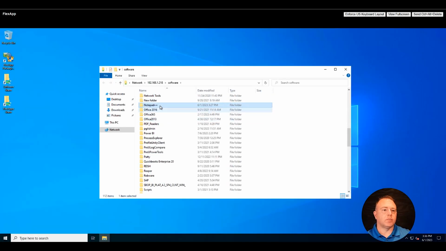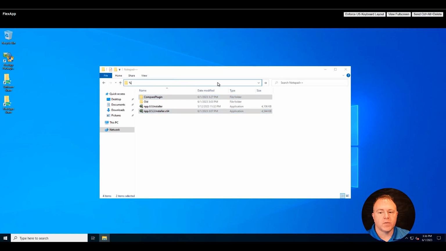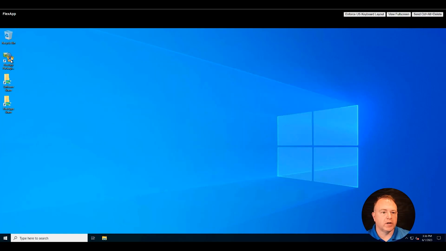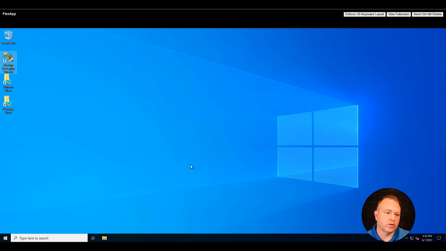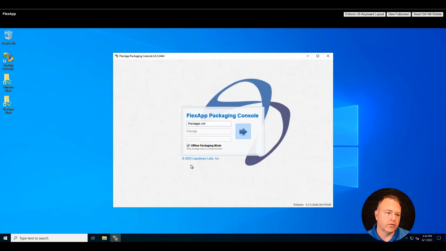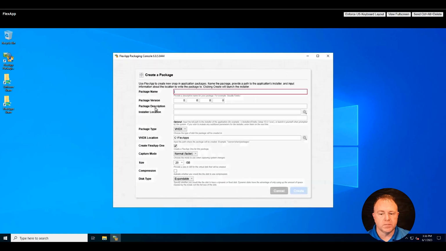Here I am on my optimized FlexApp Packaging console. I'm first going to copy my installer files over to the temp folder on the system, and I'm going to start the FlexApp Packager. I'm going to run this in offline mode, so I'm packaging locally. I'm going to create a package, giving the package the name of Notepad++, giving it a package version of 8.5.3,